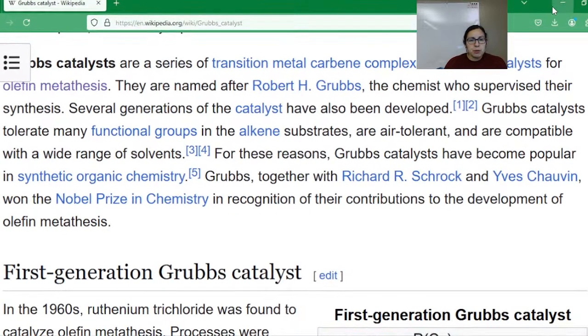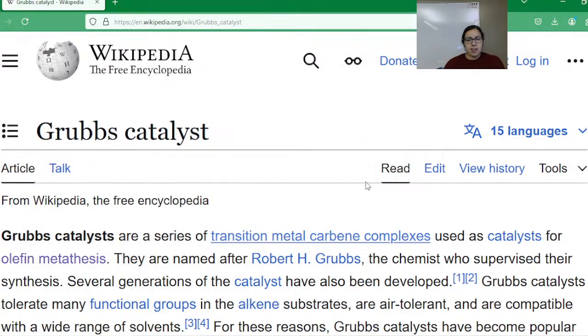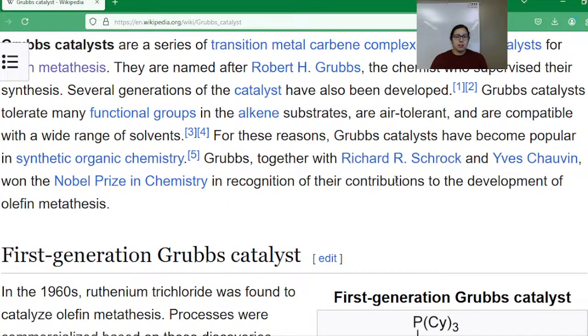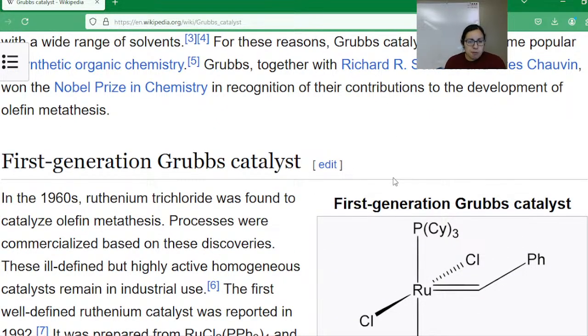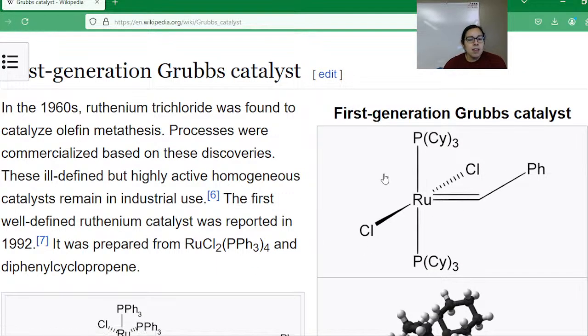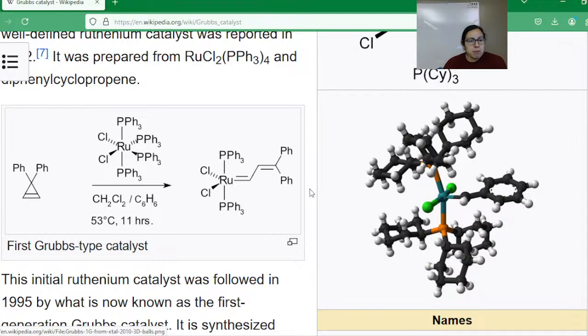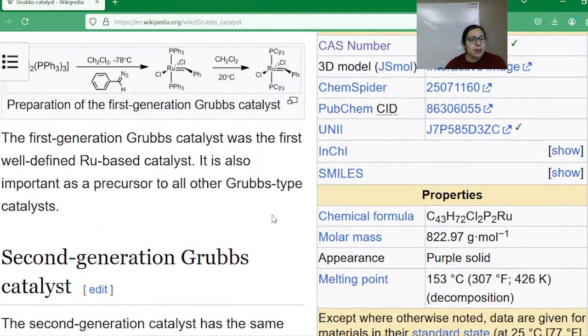So I wanted to at least put it in a more tangible chemistry context. These Grubbs catalysts are pretty famous for olefin metathesis. But again, the key point that we want to point out is that it provides a new pathway. So let's see if we can find